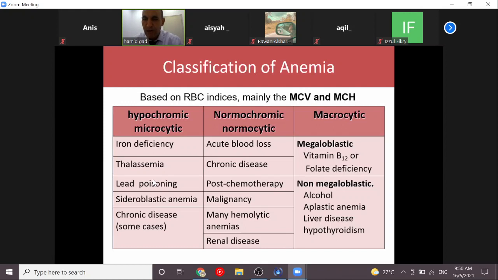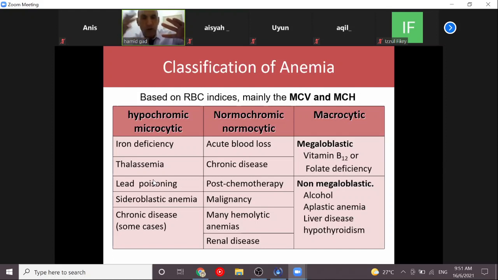Understand? You are following me. Yes, doctor. Okay, hemoglobin is low, MCV is low, MCH is low. This is called hypochromic microcytic anemia, and we have 5 types: iron deficiency anemia, thalassemia,